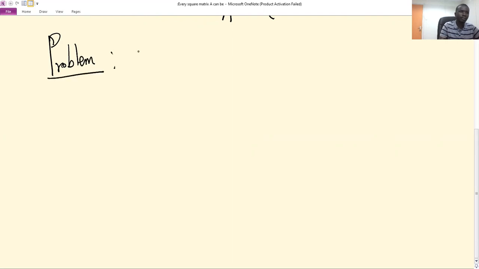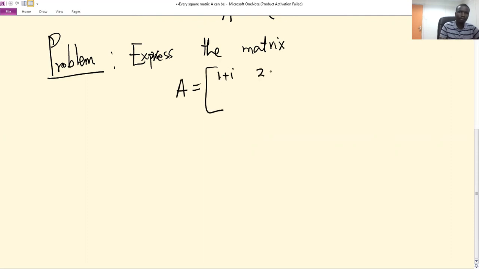So the problem states: express the matrix A given by 1 plus i, 2, 5 minus 5i, 2i, 2 plus i, 4 plus 2i, minus 1 plus i, minus 4, and 7,